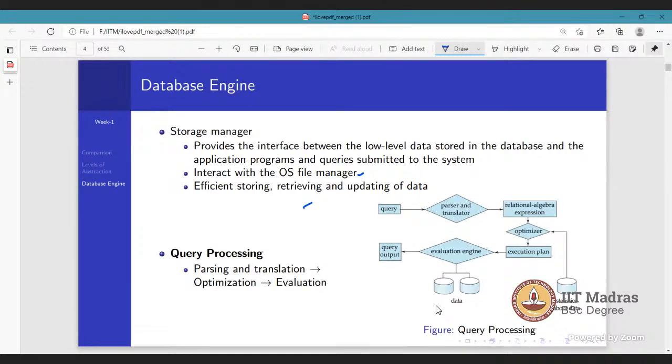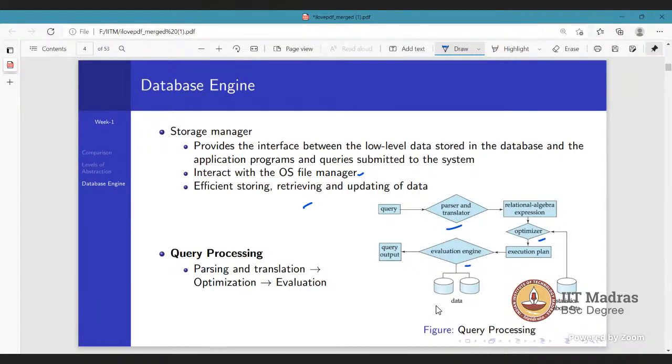Then we have query processing. All of us are pretty much aware that if we have some data and we have to query it or get the output, we can use query processing. For that, there are primarily three parts: the parser and translator, the optimizer, and the evaluation engine.